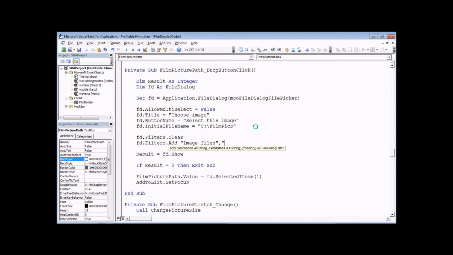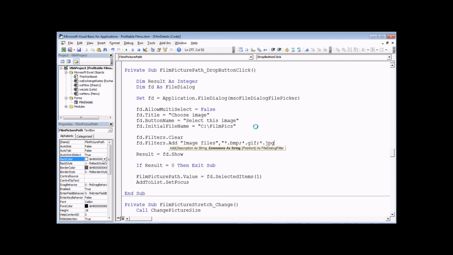So what I'm going to do here is enter, let's say, I'll have 3 I think. I'm going to say *.bmp for bitmaps, then a semicolon, and then I'm going to say *.gif or GIF. I've read recently that it was meant to be pronounced GIF rather than GIF, which I find really odd, as the G stands for graphics, which is a hard G. But anyway, that's just me. So we'll go with GIF or GIF, whatever you want to say, then a semicolon and